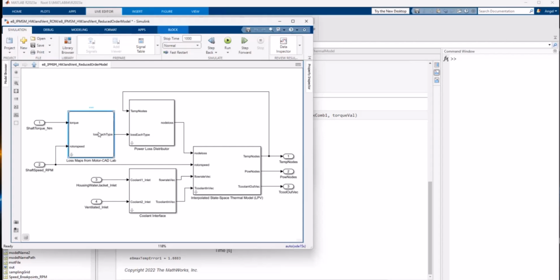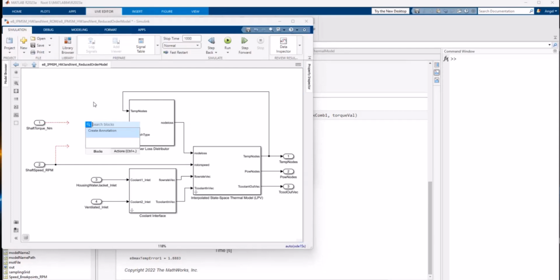If you have a way to figure out the loss for each type that is custom to you, for example, you don't have torque and speed as inputs, but you have D-axis current and Q-axis current as inputs, and you have exported from MotorCAD a different way other than the Lab with torque and speed, you could totally just delete this subsystem and replace it with your version of the lookup tables. As long as you pass the loss of each type to the power loss distributor subsystem, then your model should be fine. Oh, great. That seems very flexible.